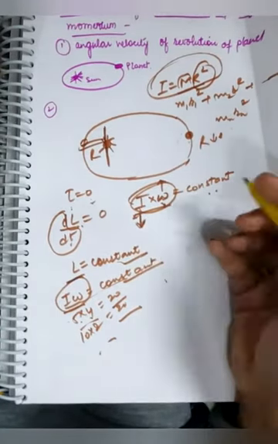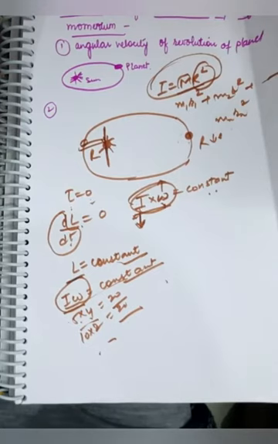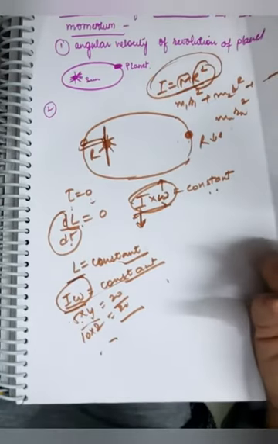That is why, as soon as a planet comes a little closer to the sun, automatically it speeds up. Automatically it starts moving with a good angular velocity. It starts moving rapidly, right? So this was the first application.